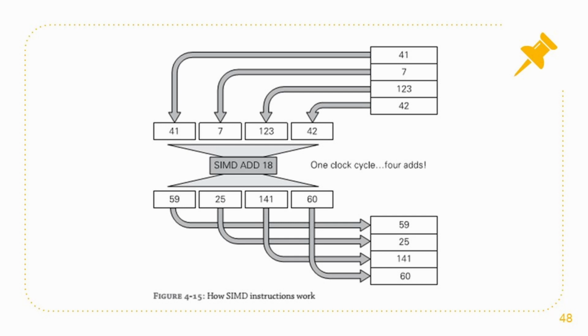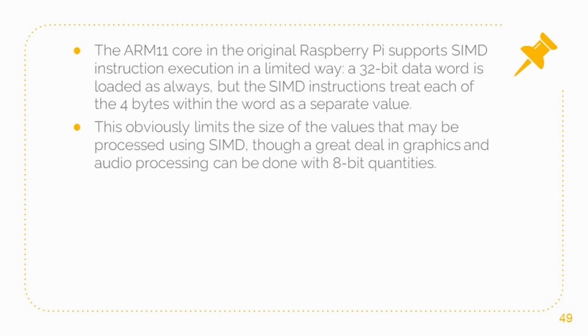machine learning algorithms. The ARM11 core in the original Raspberry Pi supports SIMD, single instruction, multiple data, instruction execution in a limited manner, known as Neon technology. Neon allows the ARM11 processor to perform SIMD operations on 32-bit data words, with each 32-bit word treated as 4 separate 8-bit values. While this approach may seem limited compared to SIMD implementations on other architectures that support wider vector